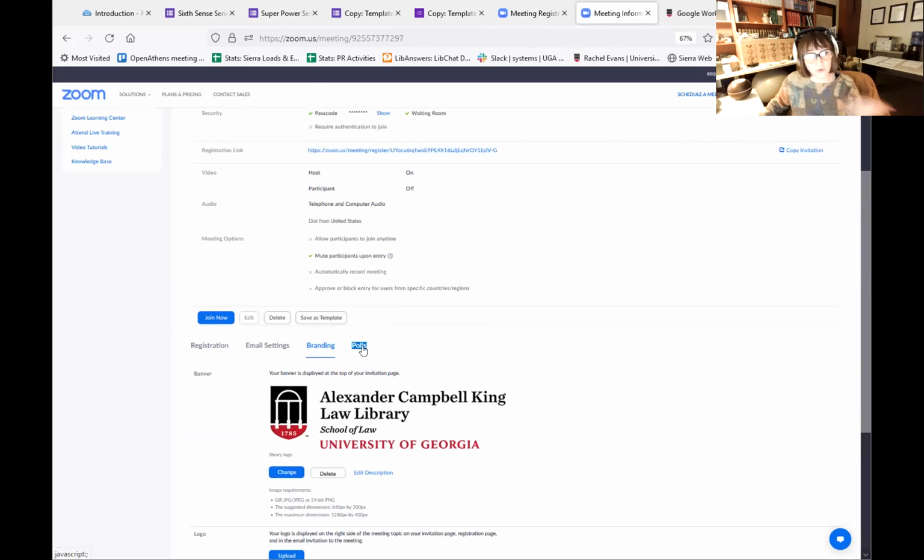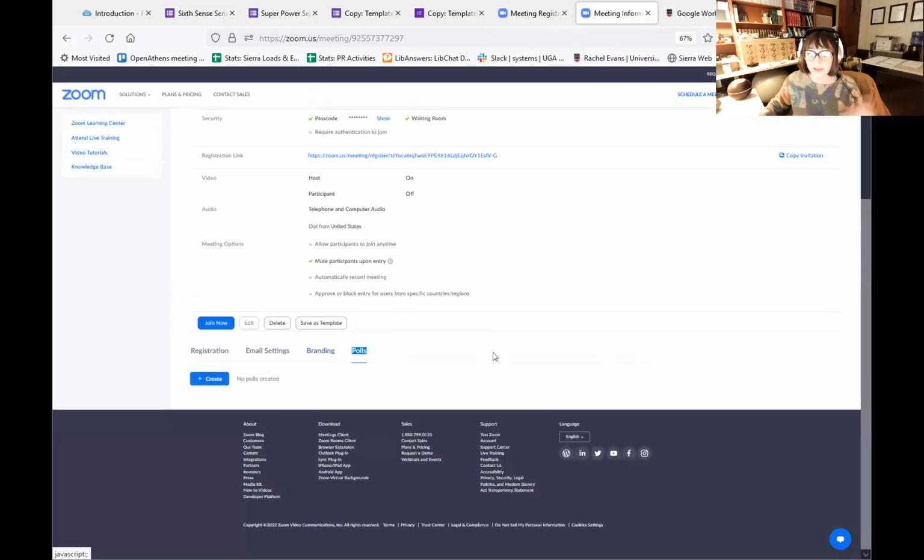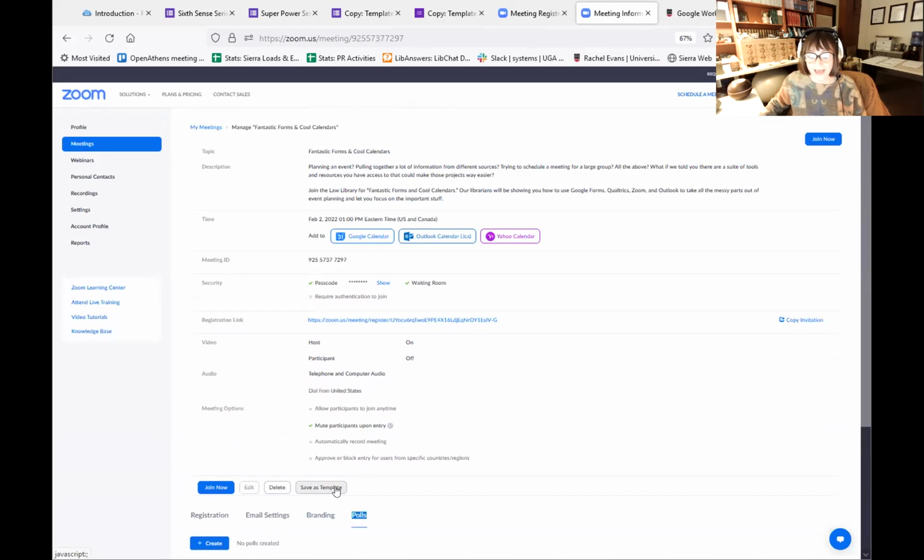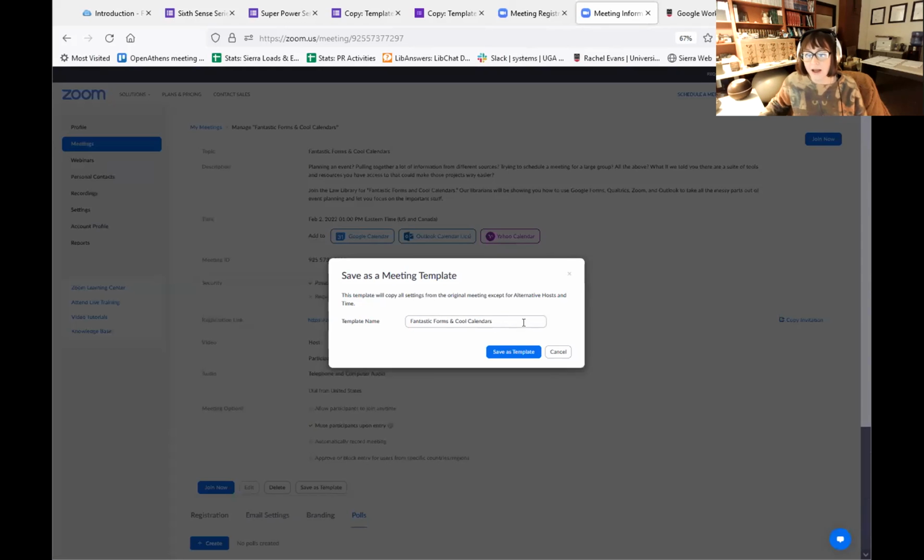There's some other features too. If you like using polls, you could set those up in advance right here. And the best part is that I can now save today's meeting as a template. So this is going to save you time in the future. If you're going to do more lunch and learns,